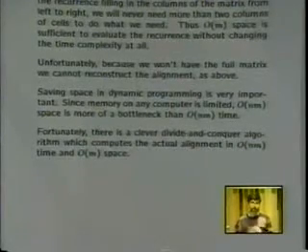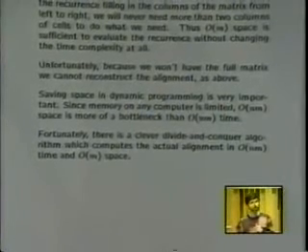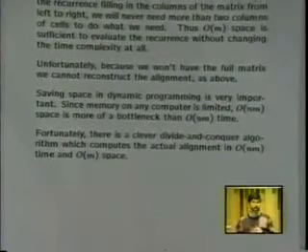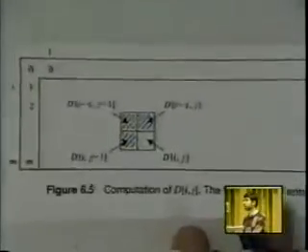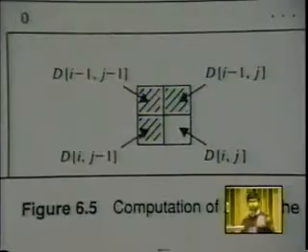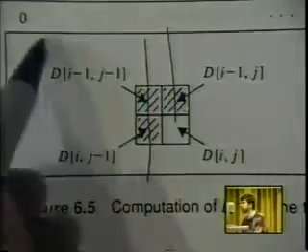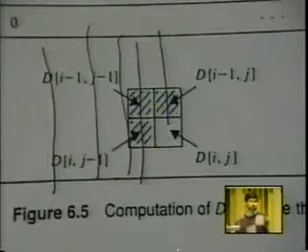N times m space is a bad thing. In practice, actually, n times n space is much worse than n times n time, because computers have more cycles to burn than they have memory to stuff things with. Is there a way we could evaluate that recurrence relation using less space? Question? We could use 2n space, so we just keep the last column and the current column. One observation is that you're right. Since we were only computing this thing by going from left to right, we were only depending on the previous 2 rows.